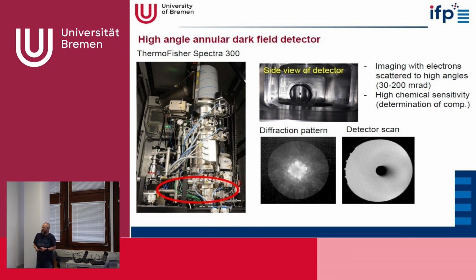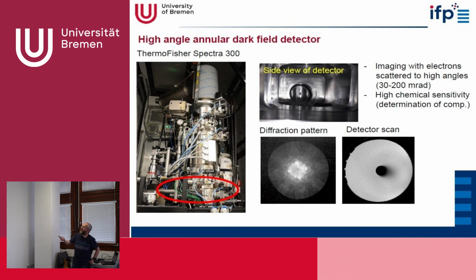In recent years, the scanning transmission electron microscopy mode has become more and more important compared to the conventional transmission electron microscopy mode. I will focus more on scanning transmission electron microscopy in the following. One of the most important detectors that we use in scanning transmission electron microscopy is the high-angle annular dark field detector. This shows the side view of the detector. So we open the column on the side, and then we see the detector here.